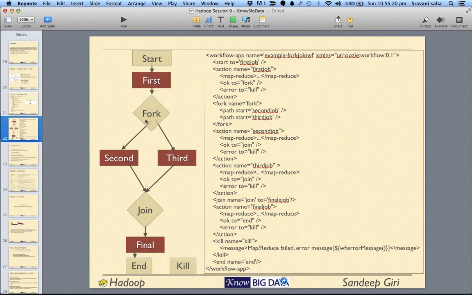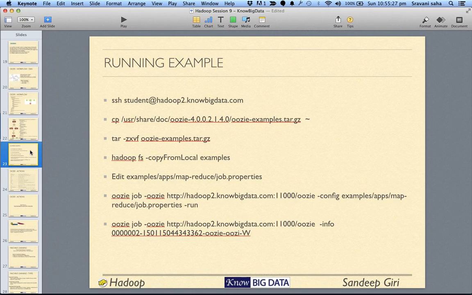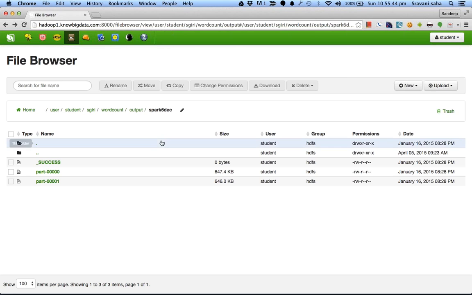All right. So you can say download my data, move it here, move it there, and so on. Okay. All right. If you want to go through an example, you can SSH there, and we have already uploaded. You can use the command line to execute it, or you could use the UI to execute any of the Oozie examples. So here you can have a look.